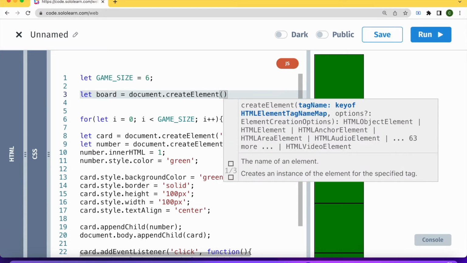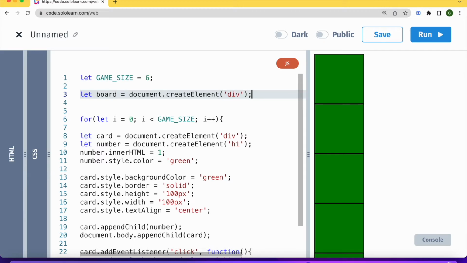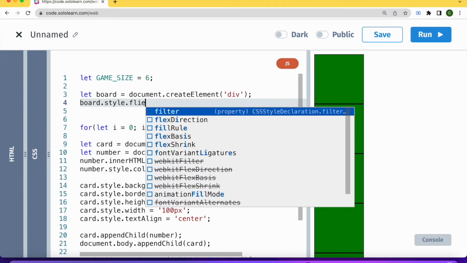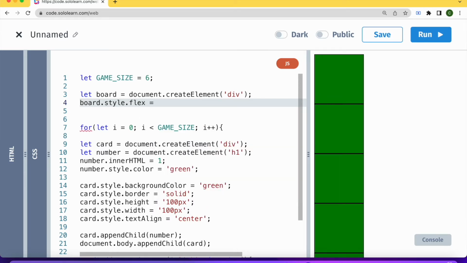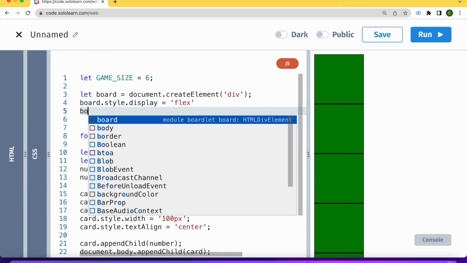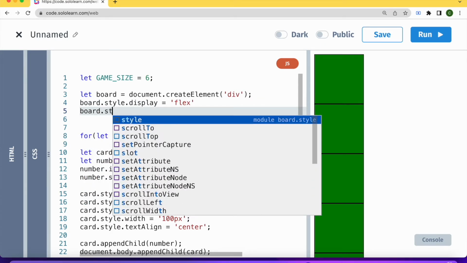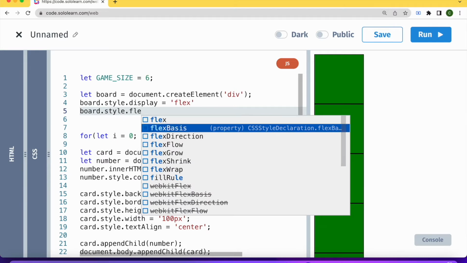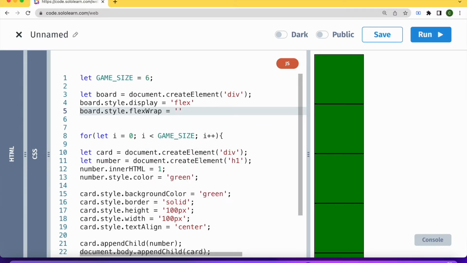And I'm going to give it some flex properties. We want board.style.display, flex is in the display, and we're going to do flex. And then for the flex itself, we're going to add a flex wrap, and it's going to be wrap. Okay, so basically what this should do is change the cards so that they're not,